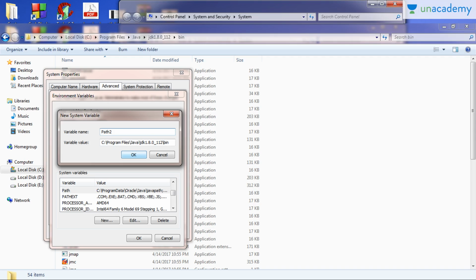Here you just have to go to C drive, then go to program files, then go to Java folder, and then there you will find JDK that you have installed, and inside it you will find a bin folder. Inside the bin folder, copy the path of your Java compiler in your tab and then paste it here and click OK button. Now we are all set with the path set.